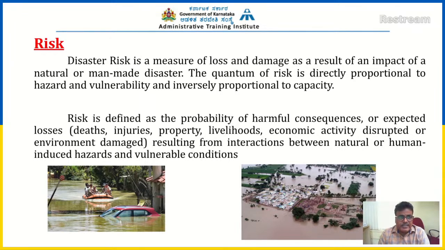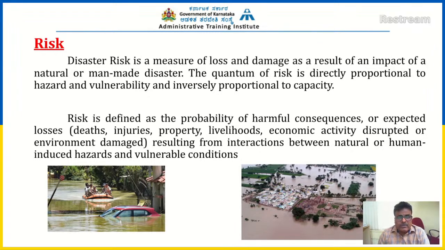For example, in the recent disasters in northern Karnataka and even in the southern part of Karnataka, across the country, we have measured post-disaster losses and damages for long-term recovery. We have estimated the losses and damages in terms of crores of rupees. The losses to critical infrastructure like roads, electricity, telecommunications, drains, housing, etc., have amounted to crores of rupees, not only in the state of Karnataka, but across the country in different states.